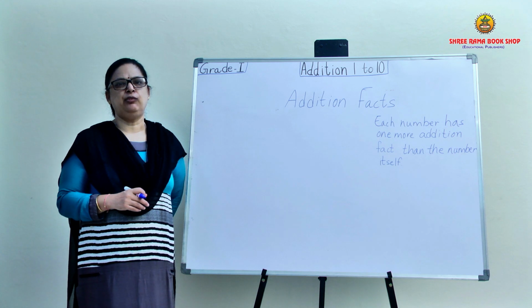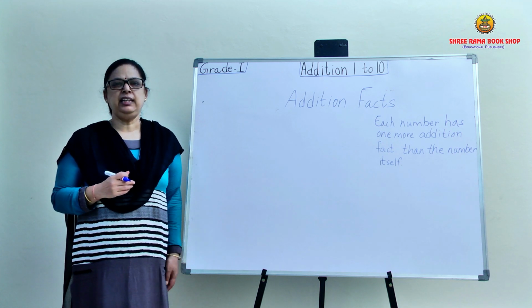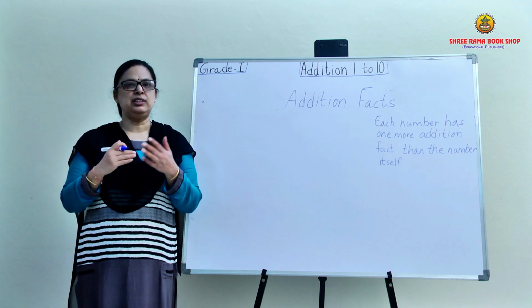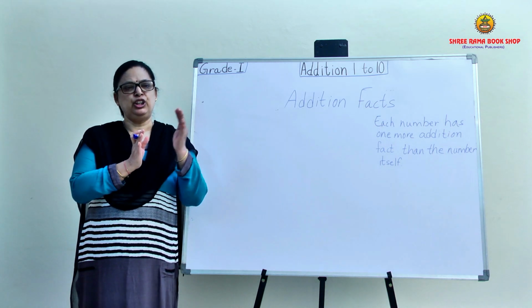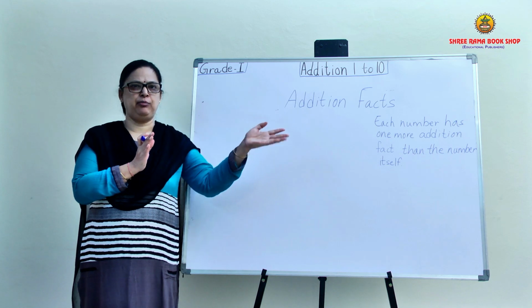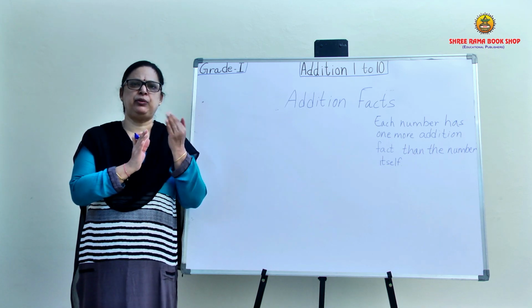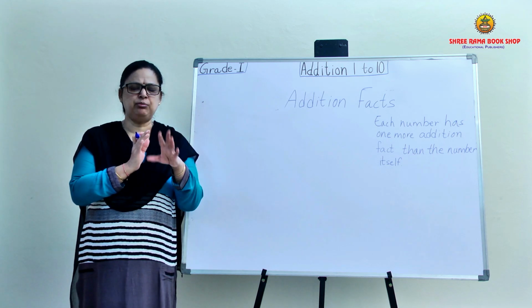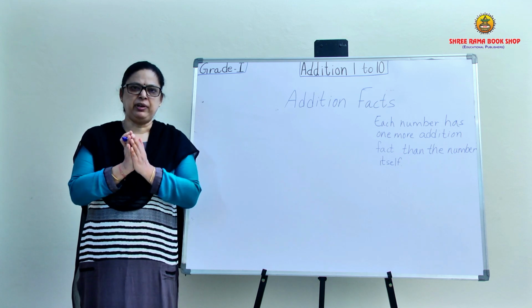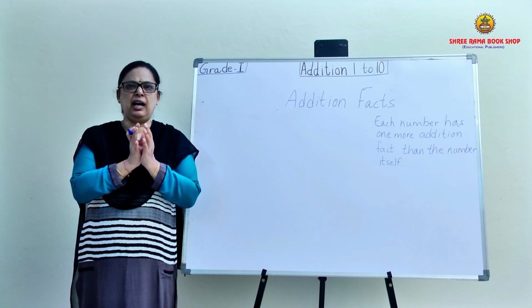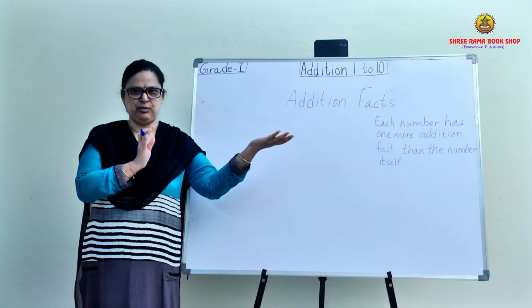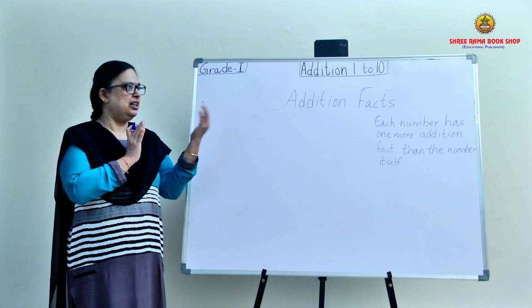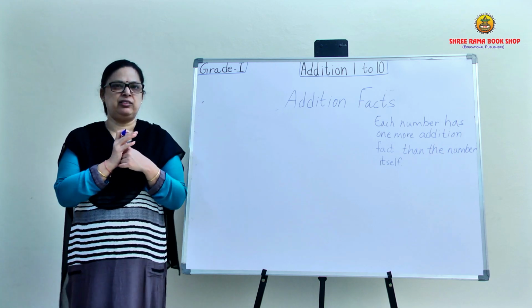additional facts. Now what are these additional facts? These are more or less like the rules that we have already learned. See, when we add a number to 0, we get the same number. It can be any number. It can be 1, 200 or 1000, any number it can be, right? The same way, when we add any number to 1, we get the next number. We all understood that. These also come in the additional facts.